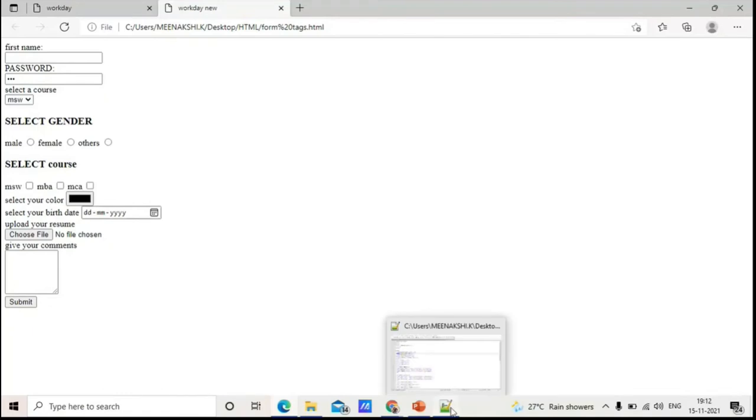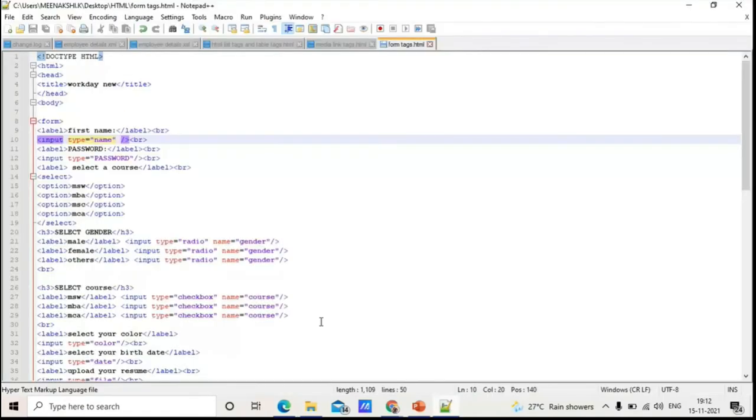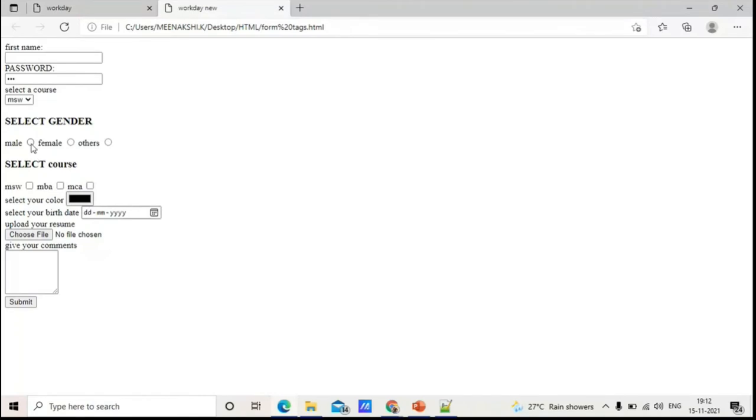Next, going to radio buttons. Radio buttons is where you are going to select your gender, or if you are going to any shopping website, you are going to select your product, right? So any one of the product only, or if you are going to select, this option can be used. This option is called a radio button. For selecting gender, you cannot select n number of genders. You are only one gender, right? So you can select only one gender. For this, you have to use the radio button.